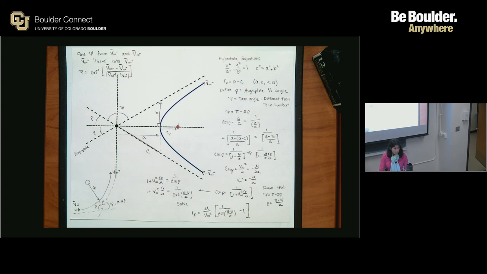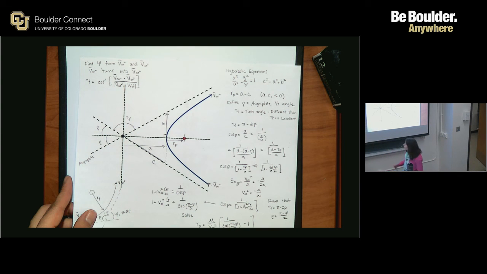The minus 1 in the r sub p equation at the very bottom, is that